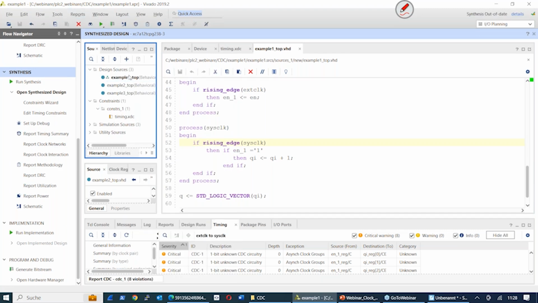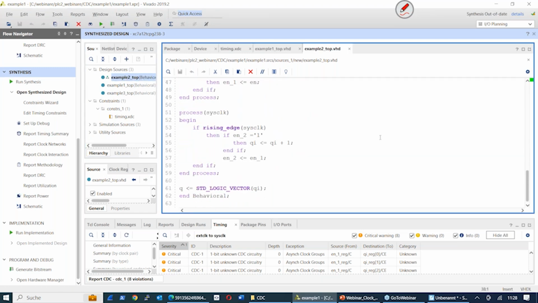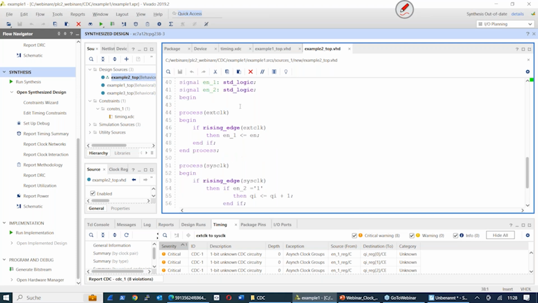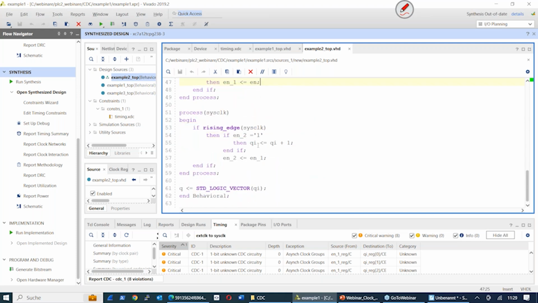So in example 2, now example 2 is my top level. And if I look at this now, you see example 2 actually takes the enable here, but then has one clock, capturing in one stage. Okay, so if I do this again and I run the synthesis here,